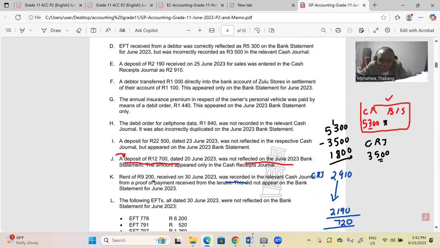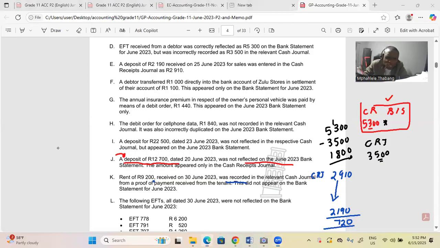Now we are going to G. On G, they are saying an annual insurance premium in respect of the owner's personal vehicle. I'm going to circle the words owner's personal vehicle. The business is paying insurance for the vehicle of the owner. This is a drawing. This is a drawing, and actually,